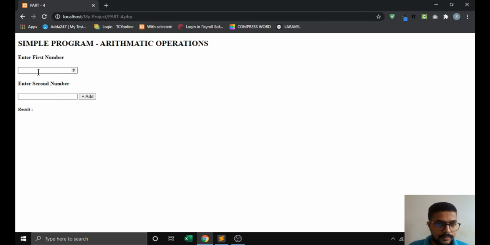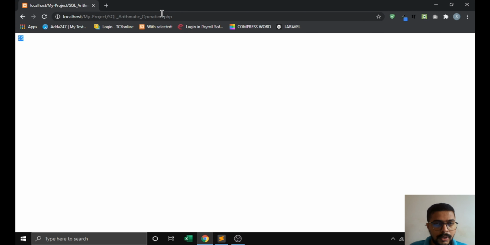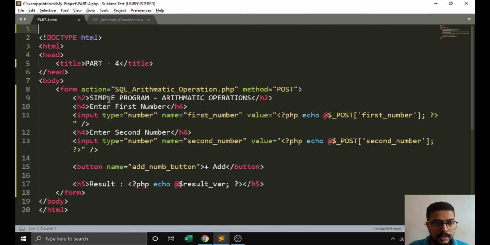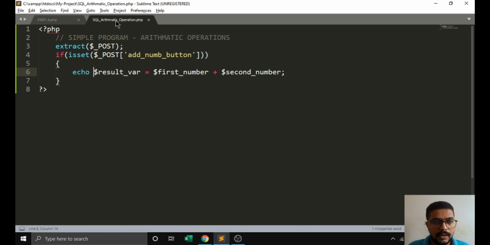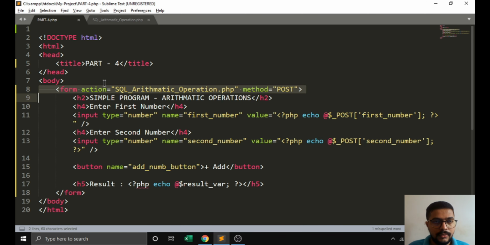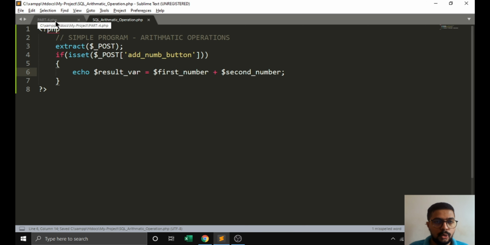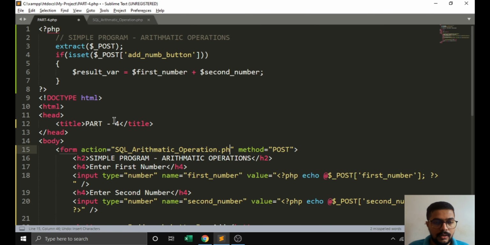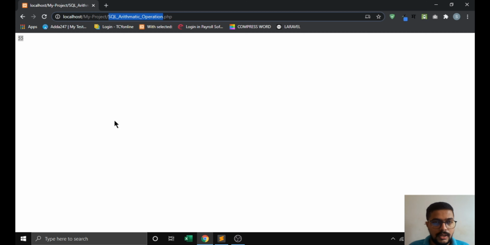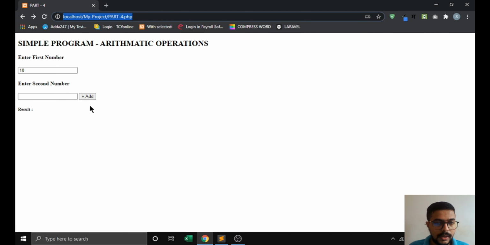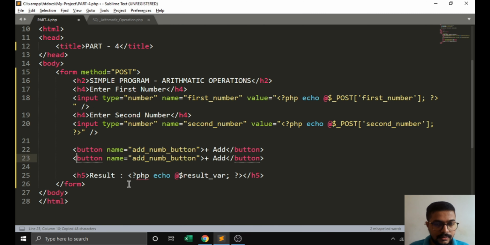If we call this page with 10 plus 40, we will get the result, but it occurs on the particular second page. It goes to this page, sql arithmetic operations, and then the result comes back, and we can redirect window location to this particular page and get back the result. But that is two steps of operations. So for single page applications, we use the method directly, not providing the action variable there. We can create multiple functions also,